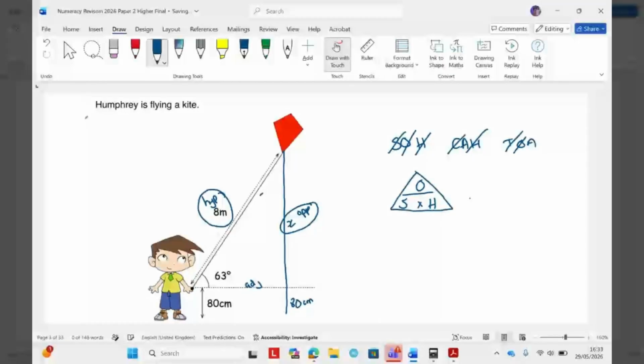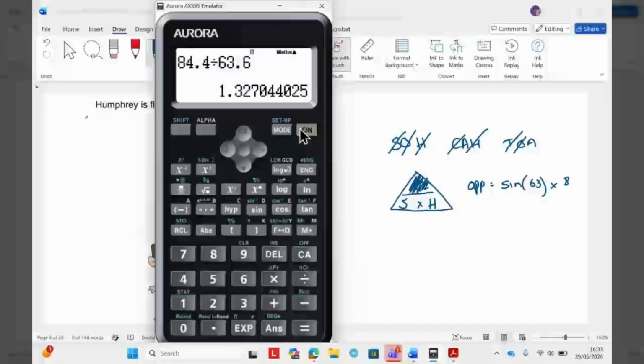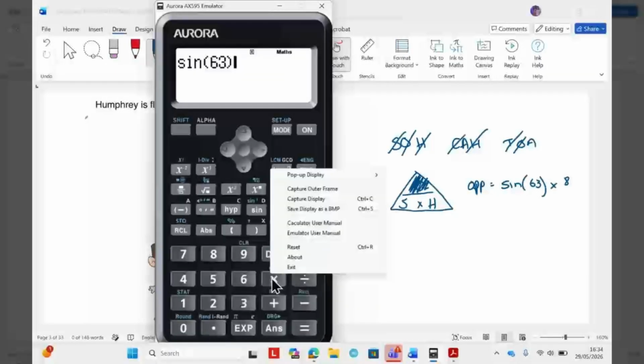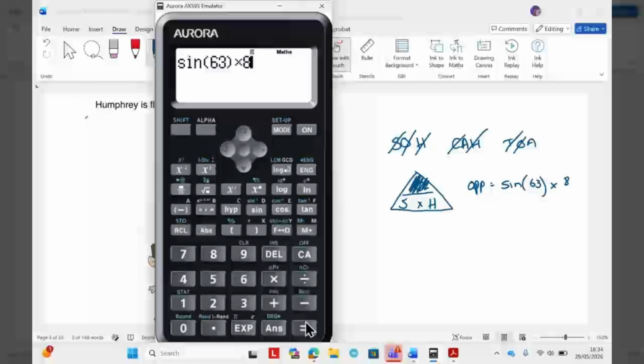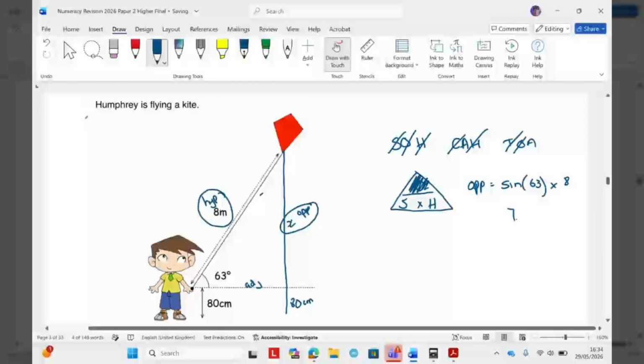Okay. And I'm trying to find the height of the opposite. So to do the opposite, I need the sine of the angle, which in this case I know, times the hypotenuse. I'm having a really good time. Let's put that into here. Sine, put the angle in there, close the bracket. If you forget to close that bracket, if you leave it like that, I'll put a times, that'll be wrong. Close the bracket, then times 8 equals 7.1